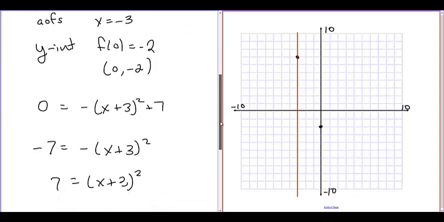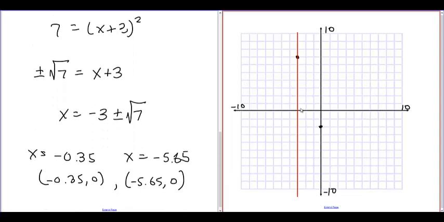And my zeros, or my x-intercepts, are negative 0.35, which would be about right here, and negative 5.65. 1, 2, 3, 4, 5.65, and then we have this symmetric point for the y-intercept, which is 1, 2, 3 to the left, because the other one's to the right, and then we get this thing drawn in, which makes it through all those. Okay, so that is number